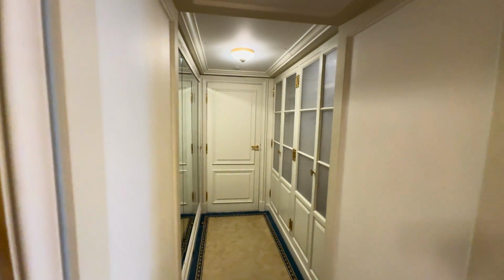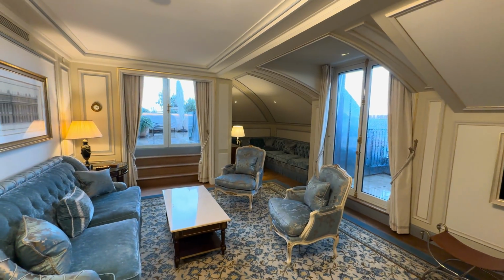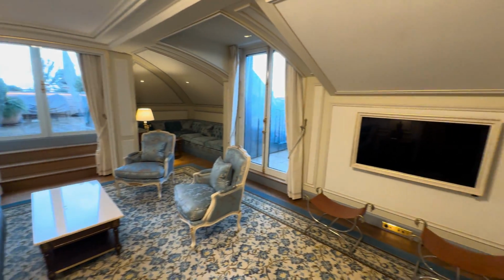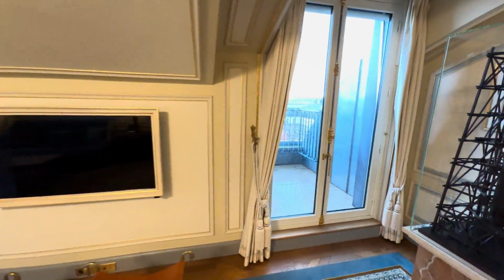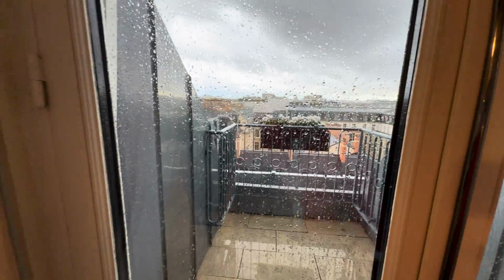That's the Mansart suite. We have 16 of the 17 suites, 16 prestige suites. The 16 prestige suites have a unique name and special decoration. This one is Mansart. Mansart was the architect of...